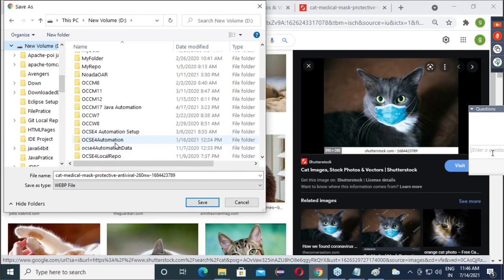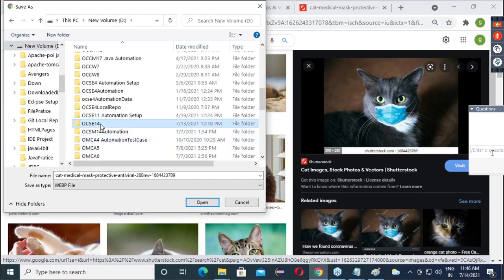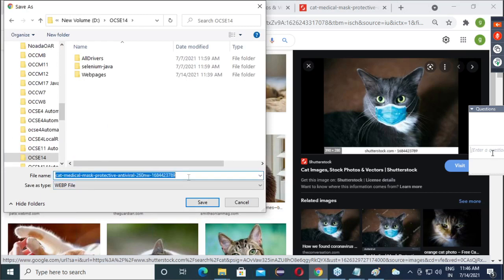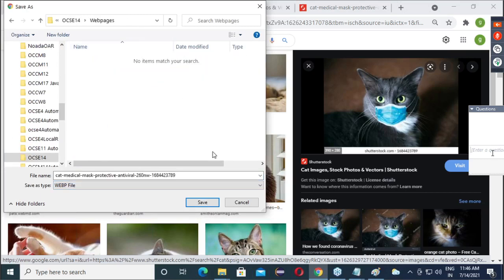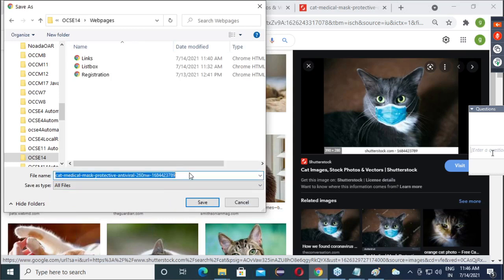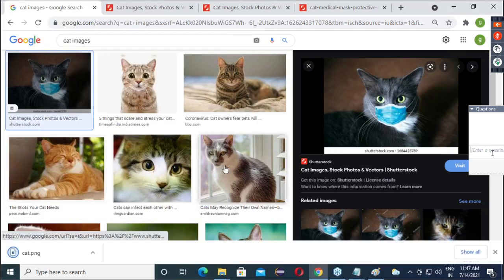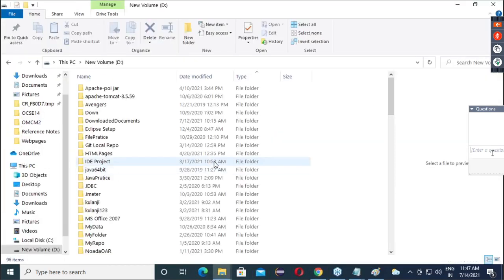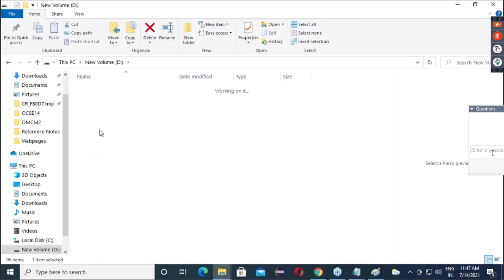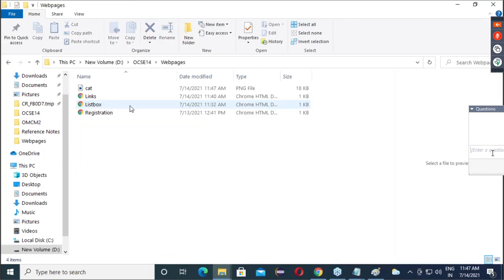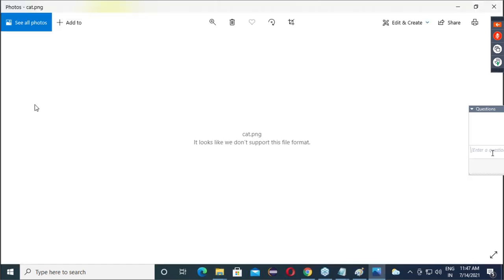We will change the location to OCAC 14 web pages. PNG will be the extension for images. Let's cross check whether it is working or not.